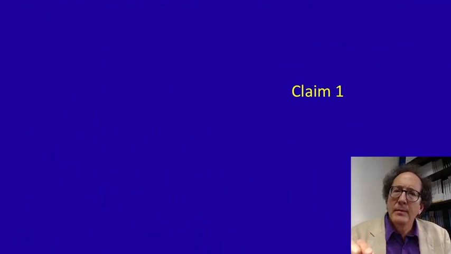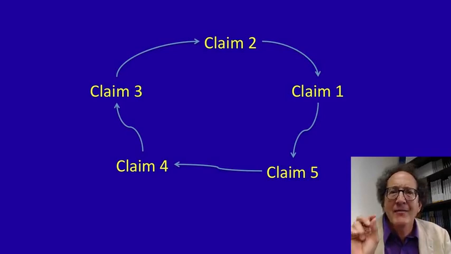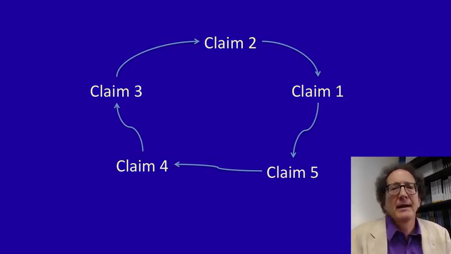Next, the second way to respond to the skeptical regress is to use a circular structure. And it's kind of neat if you think about it, because if you want to prove one claim, you prove it on the basis of another claim. And then you prove that second claim on the basis of a third, and that third on the basis of a fourth, and the fourth on the basis of a fifth, and the fifth on the basis of the first. And now you've got this circle, and the arguments go in a circle, but that means that every premise has an argument to back it up, because you can keep going around the circle forever. But if you think about it a little bit, it'll be obvious that that's no good.